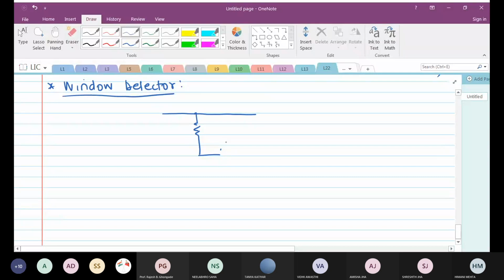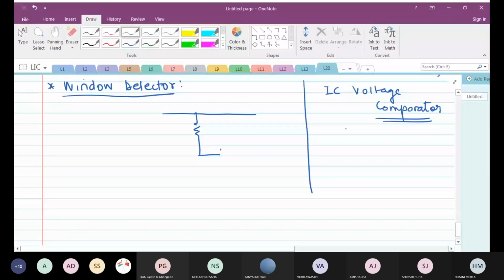That is called the IC voltage comparator, and that IC is LM311. Of course, you can make use of 741, but these 311 are specifically designed as comparators